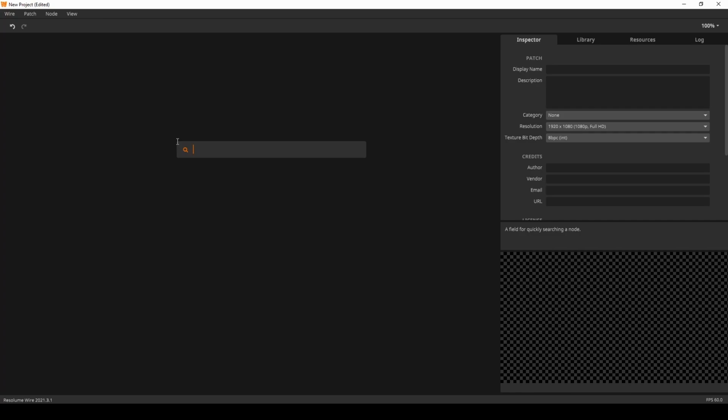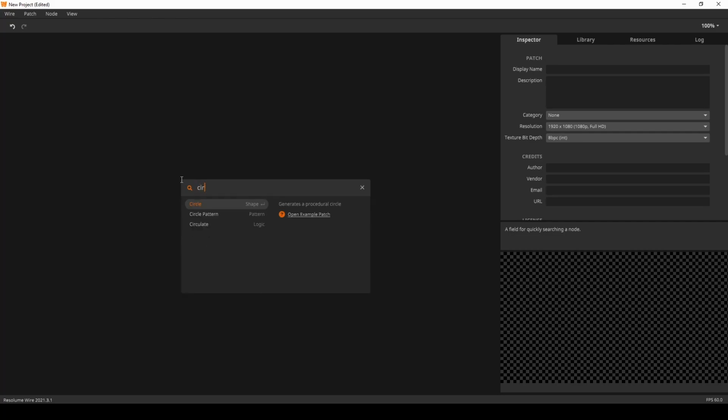And I want to show you another very powerful logic node when you're using instancing called within, to create an area in the patch where shapes get bigger and get smaller as they move out. Anyway, enough talk. Let's start with circles